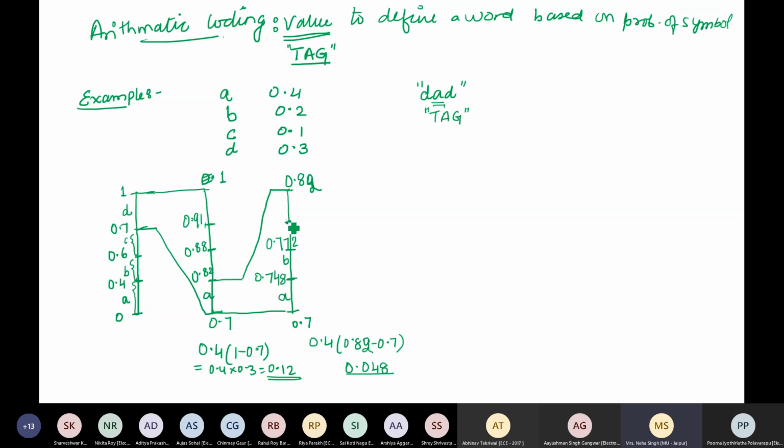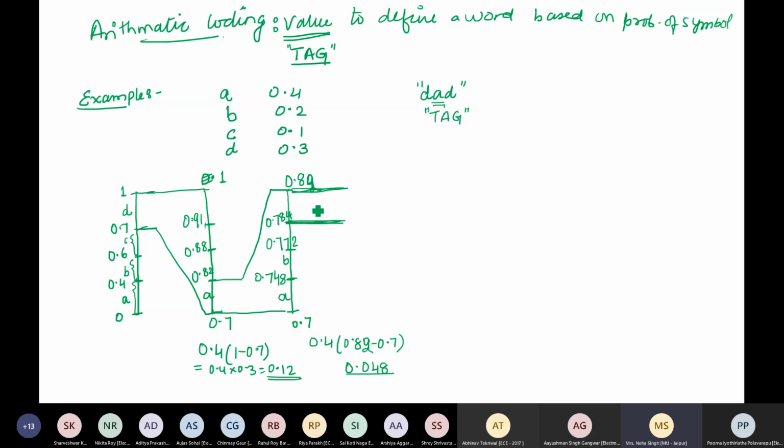So what will I have here? 0.7, that is 0.784. So if I want DAD to be transmitted, I should have a number which lies within this range, 0.784 and 0.82, because I have spread out D, then I have spread out A, and then I have spread out D. Now to define a rule, I always say that whatever is the last range I get, take the average